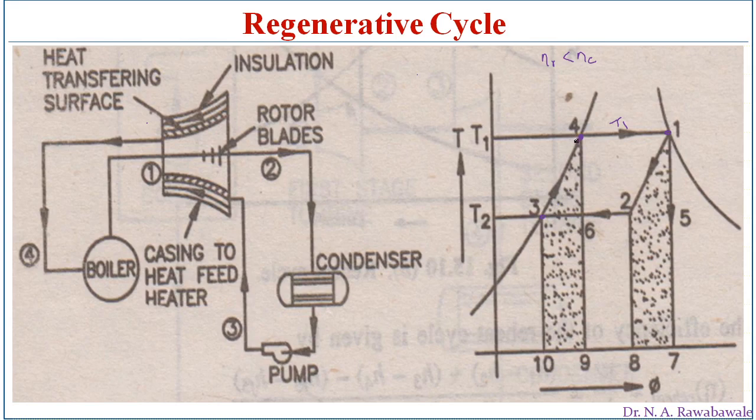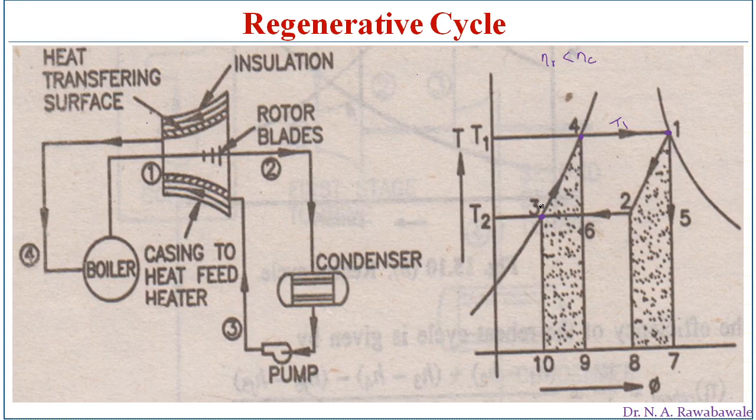There is a large difference between the temperature of steam which is supplied to the turbine and the temperature of water which is supplied to the boiler, the feed water temperature. This larger difference is not allowing the Rankine cycle to increase its efficiency to exactly the Carnot efficiency. So what should be done to make the Rankine efficiency equal to the Carnot efficiency?